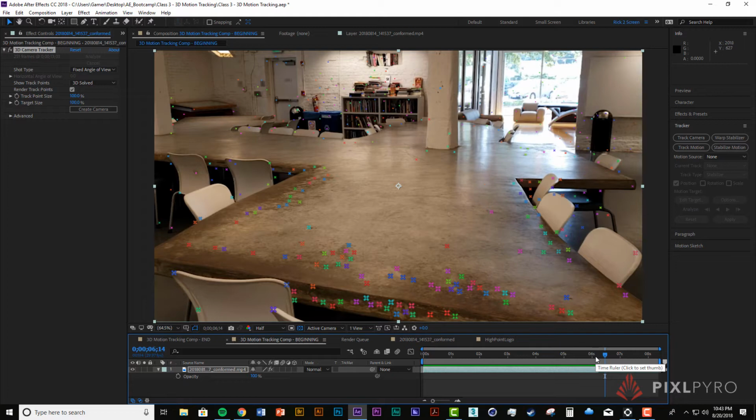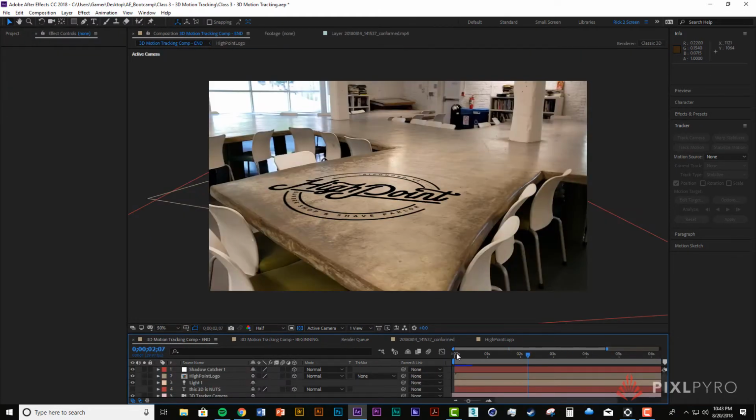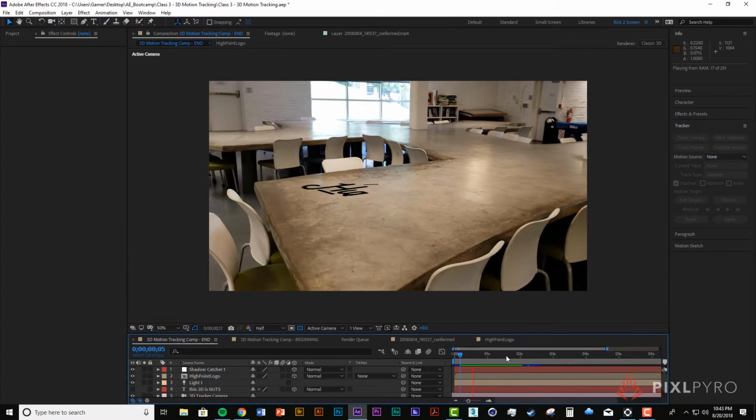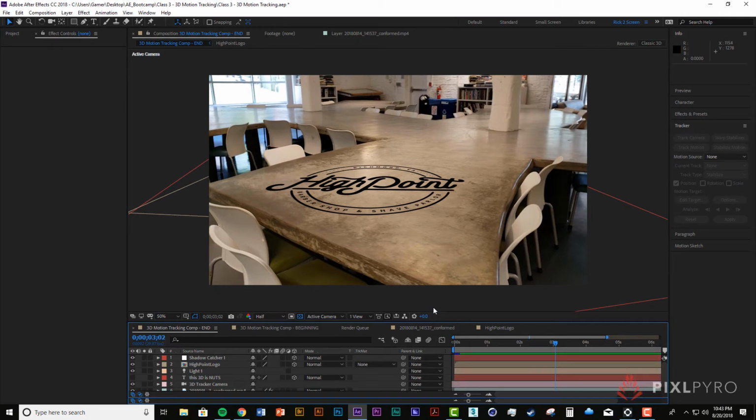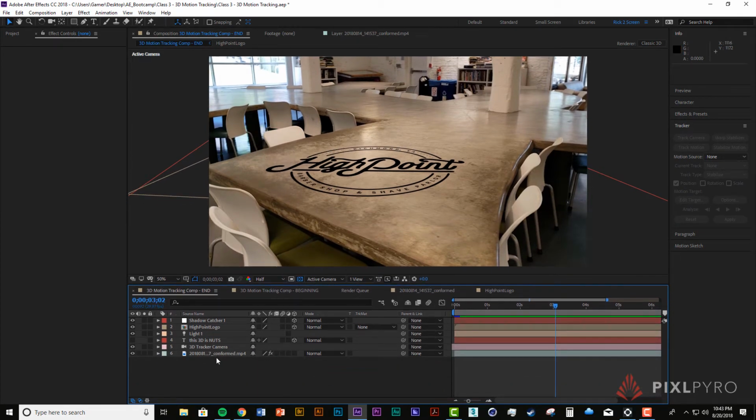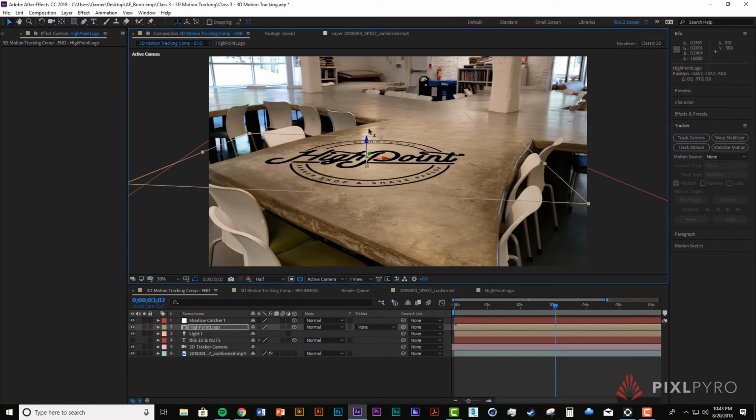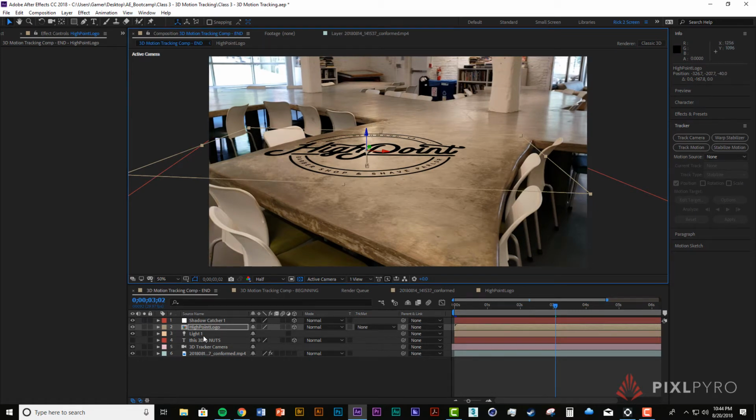And what that is, it's a plane, an object that lays flat, and it doesn't show up in the scene, but it will receive shadows cast by lights that you put in the scene. So you can't really see it in here immediately because I've laid the logo exactly on the shadow catcher plane. But if I move this logo up like that,